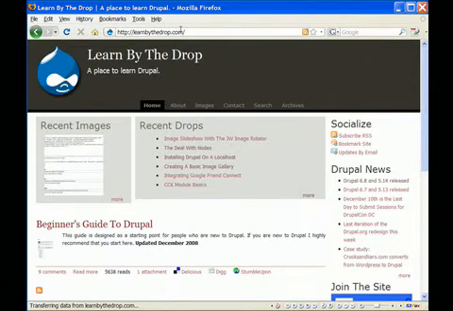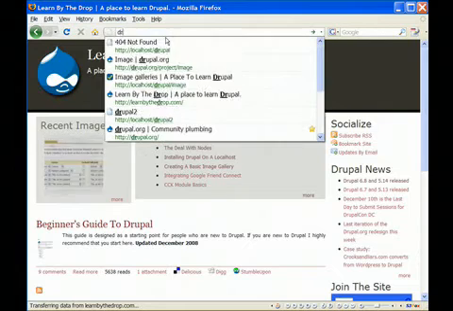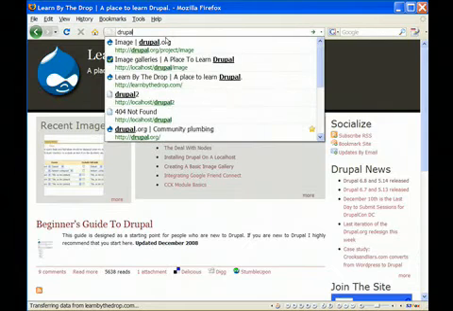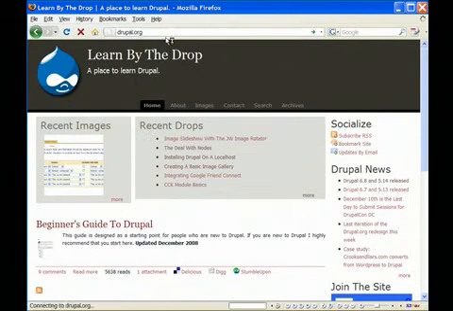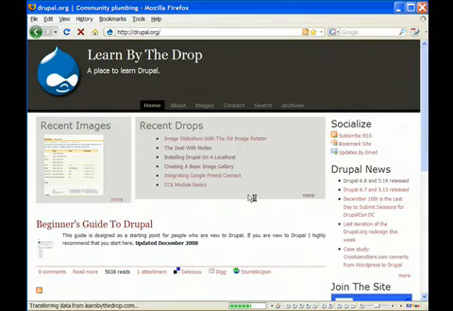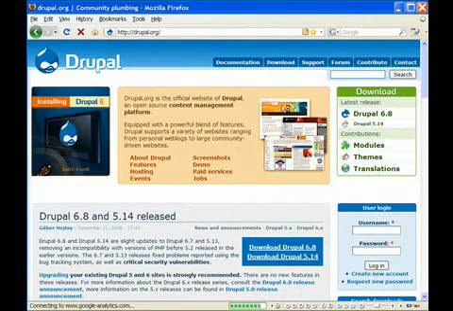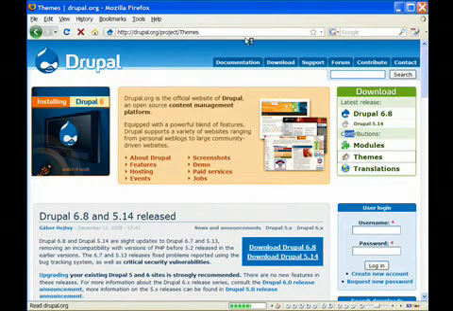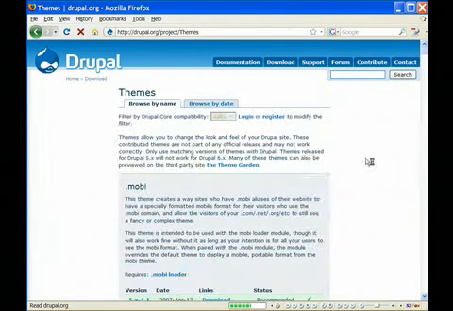So first thing that we're going to do is we're going to head over to Drupal.org and we're going to download ourselves a theme. And if you go to the Drupal.org front page, you can see under contributions, themes, and you can always find that prominently displayed on the home page